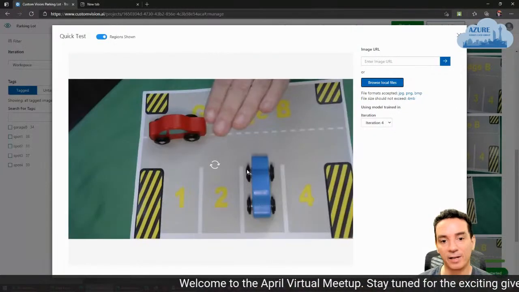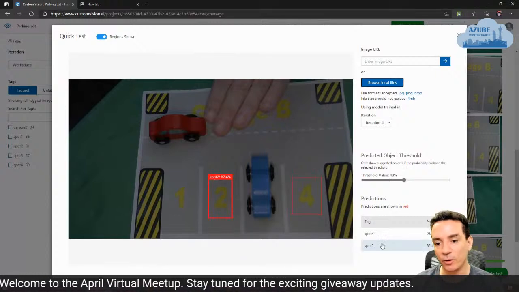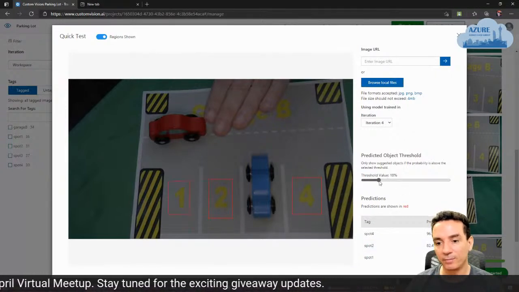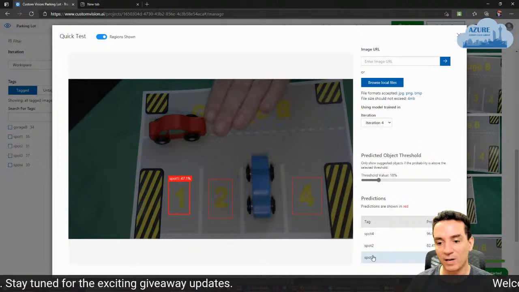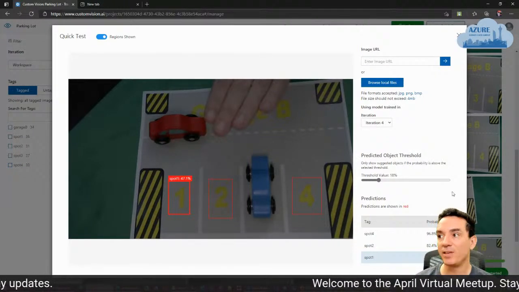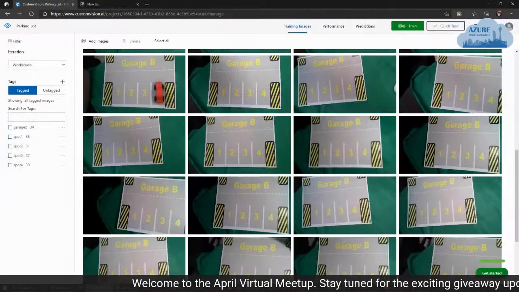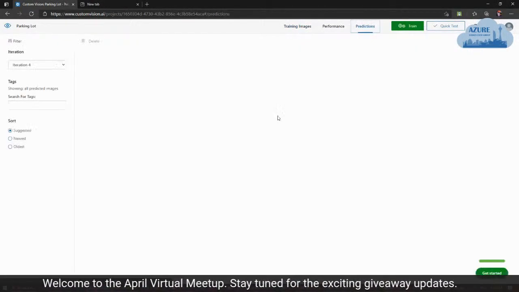So this is the one that I just put here. So here we have spot 2, spot 4. And if I don't lower the threshold, we also have spot 1. Garage B is not detected, but you have the idea. You have the idea that, hey, I trained this model, and I can even go back here with my predictions,